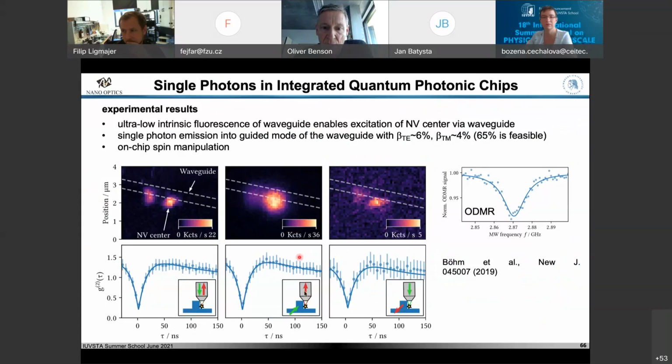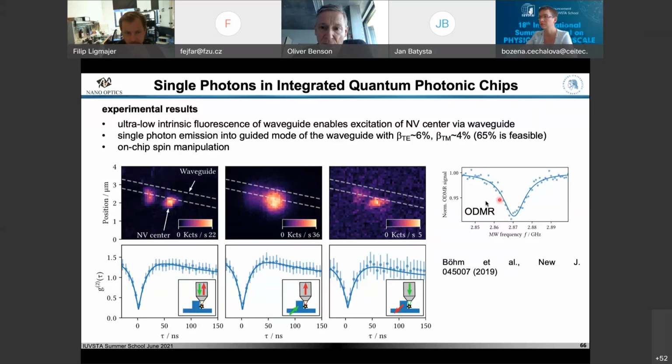And in this situation, we have excited the individual emitter via the waveguide. So in that sense, we can integrate also excitation sources on the chip. The sources or the excitation lasers would excite the single emitter, and the single emitter would couple photons to waveguides. In our case, it's silicon waveguide platform.